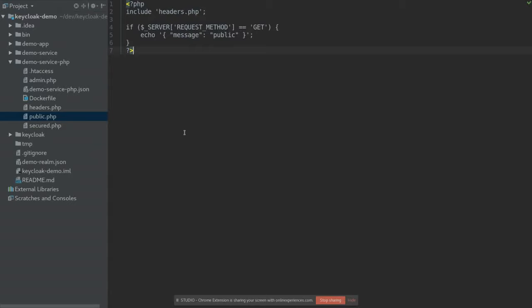It's been about 15 years since last I touched PHP. So this was the first time in 15 years that I wrote PHP. But anyway,